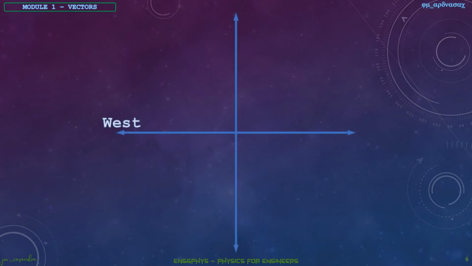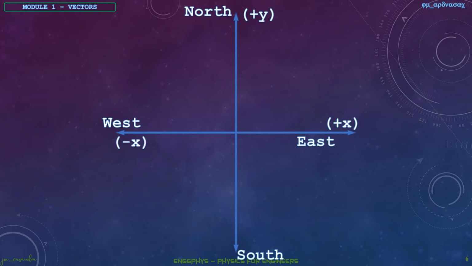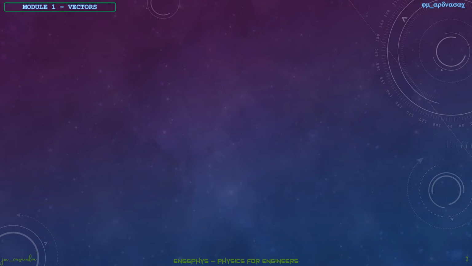So for our directions, we have here your west, so it's pointing to the left. We have your north going up, east is moving to the right, and going down is your south. And in terms of your actual direction, in your Cartesian plane, north is equivalent to your positive y. We have your east as your positive x, west is your negative x, and south is your negative y.